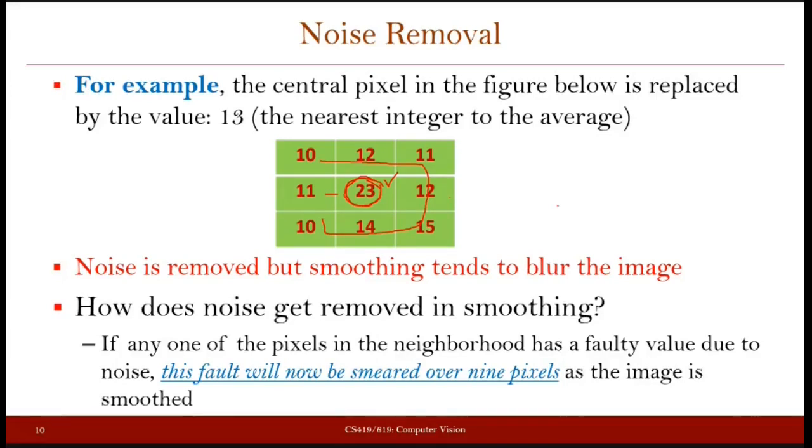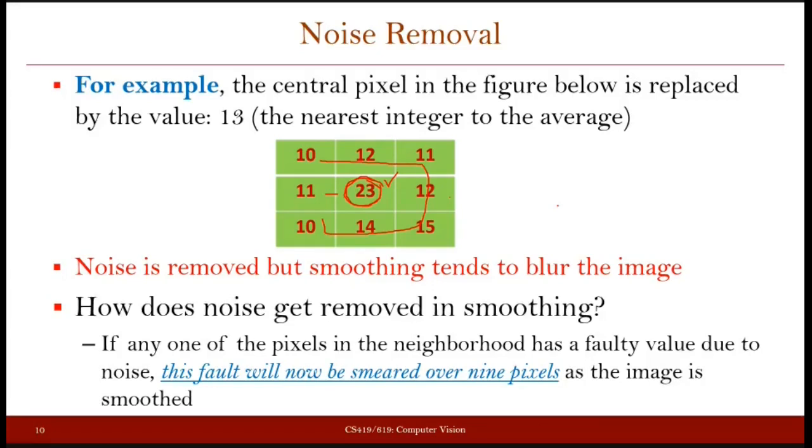These are the two ways in which any pixel can be different from the neighboring pixels. Again, in normal circumstances, in a small neighborhood all the pixels will have the same intensities. But if a pixel is noisy, its intensity will be different from the neighboring pixels. This difference can happen in two ways: either the intensity of this pixel becomes high compared to the neighboring pixels, or it becomes low.